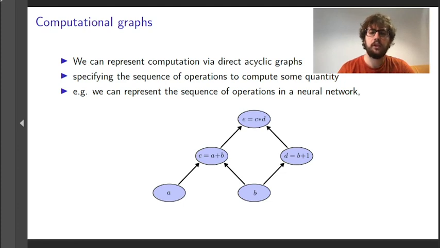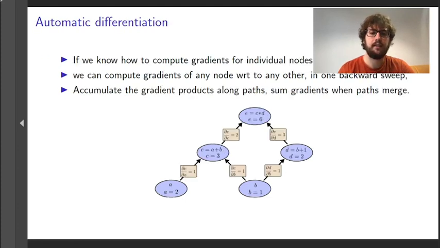The reason computational graphs are interesting to us is that if we know how to compute gradients for individual nodes in a computational graph, we can automatically compute gradients for every node in the graph with respect to any other node in the graph. And do so by just running the computation graph once forward from the inputs to all outputs, and then performing a single backward sweep through the graph, accumulating gradients along the path and summing gradients when